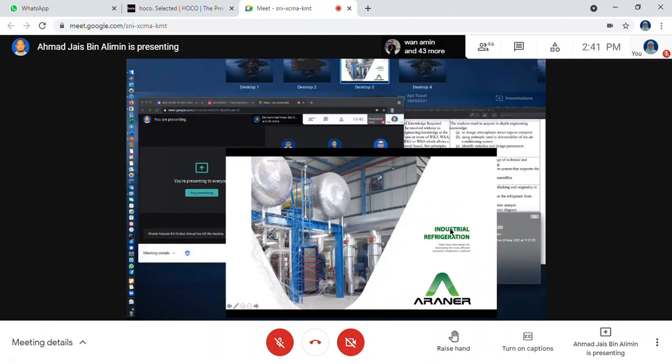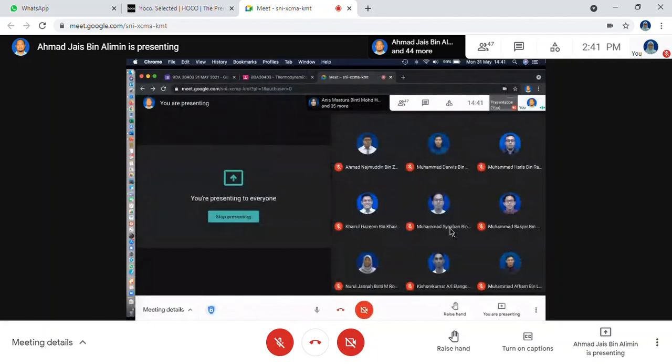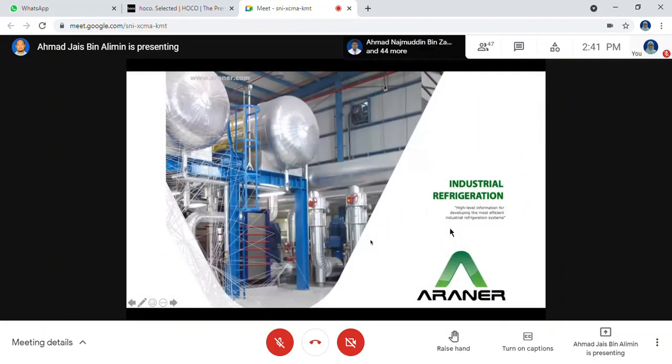Okay, so they'll be using the same concept, and if you are able to get the opportunity to be attached with companies or industries that are involved in the industrial process, then you may have the experience and the exposure on this. Okay. In the previous years, long time ago, usually students for this topic will conduct industrial visits. Either you go to the power plant or you go to any industries related to refrigeration or related to cooling tower system process and so on. Okay. And since last year,